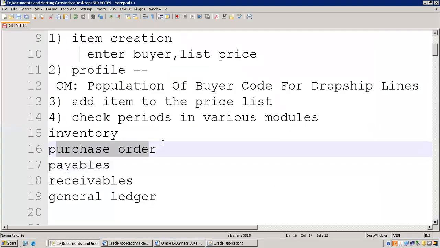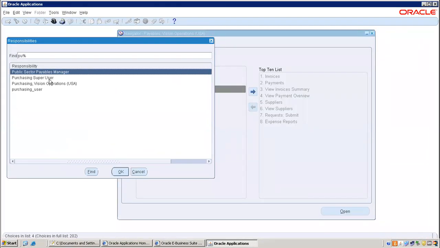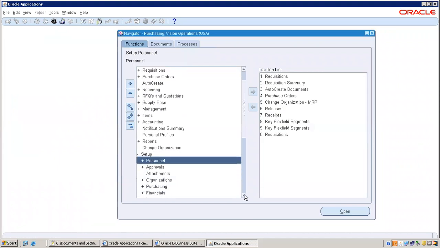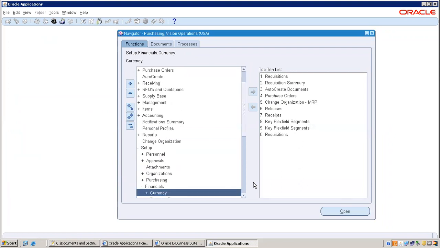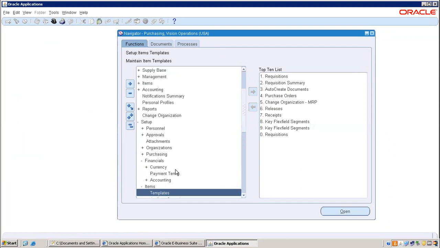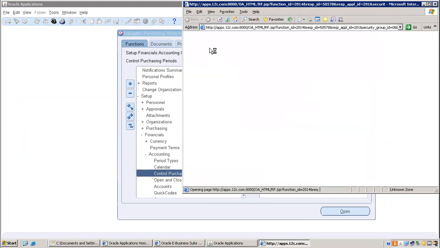Next, purchase order. Go to purchasing. Setup, Organizations or Financials, Accounting, Control Purchasing Periods.